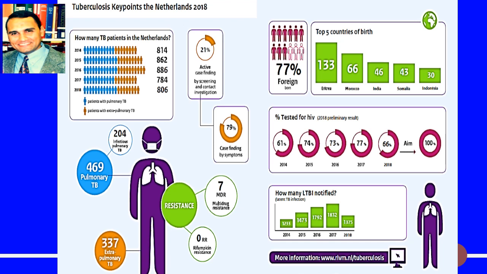Also, when people infected with tuberculosis were tested for immune-compromising disease or HIV infection, they found that the highest rate was in 2015 at about 74%, and the lowest was in 2014 at 61%. How many are notifiable persons? The most notified were in 2017, at about